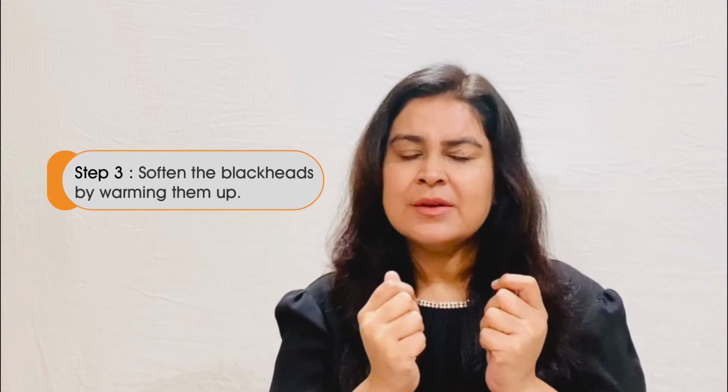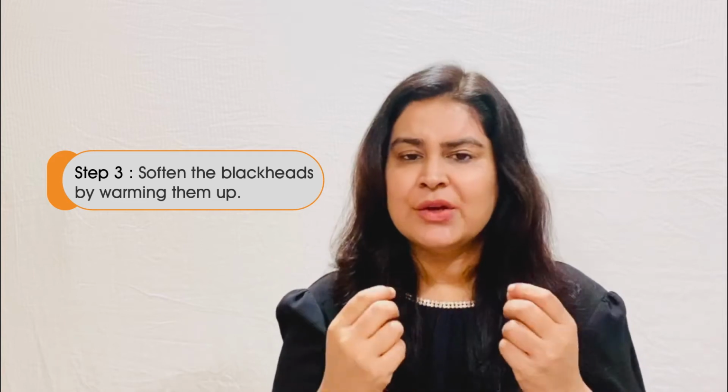Follow it up with cleansing your face. This is very important. Make sure you cleanse your face very well. If you're in the habit of exfoliating once or twice a week, you can do a mild chemical exfoliation of the face. After that, you soften the blackheads by warming them up. You can use a warm towel, put it on the face and leave it on for a few minutes. Or if you're too lazy to do that, you can just take a warm shower and that will help to